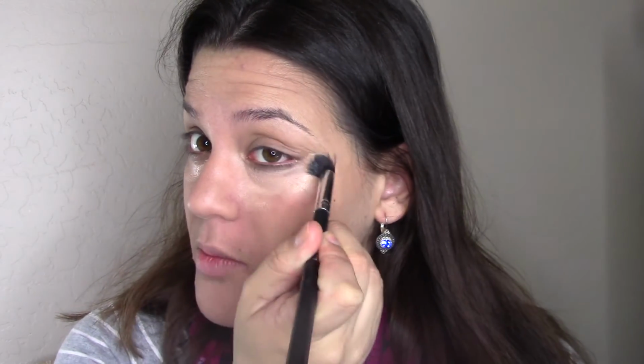So I'm going to try Fair Golden and then probably end up mixing in Medium Beige just to make sure that I don't have white under eyes. But I'm also going to use more of the Medium Beige to spot conceal the places I don't want my acne to show through. Basically everywhere I have acne, because I never want my acne to show through. Just Fair Golden. Oh yeah, that's way too light for me. So I'm going to put a little bit under each eye. And then I'm going to go in with Medium Golden before I completely...